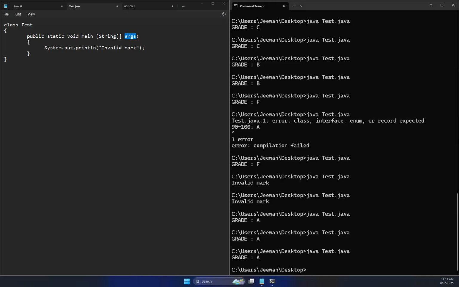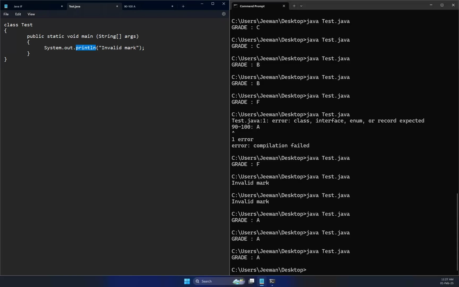As a complement to that, we have System.in.read. We use System.out.print for the output stream. Out means the stream is out, and print means we are printing to the console. Right, then if you want to get an input from the user,